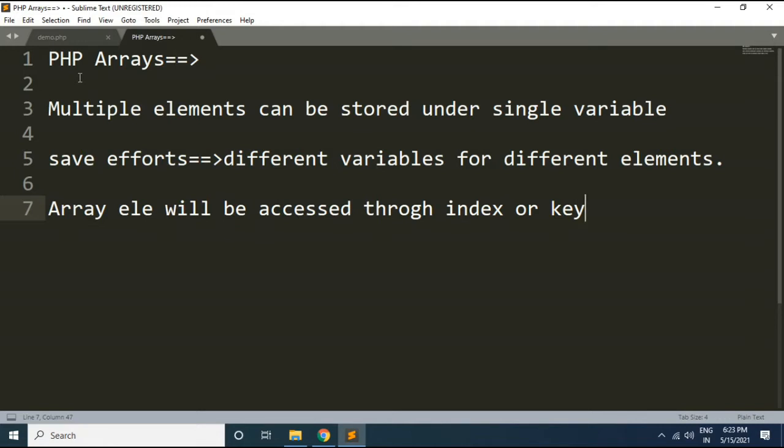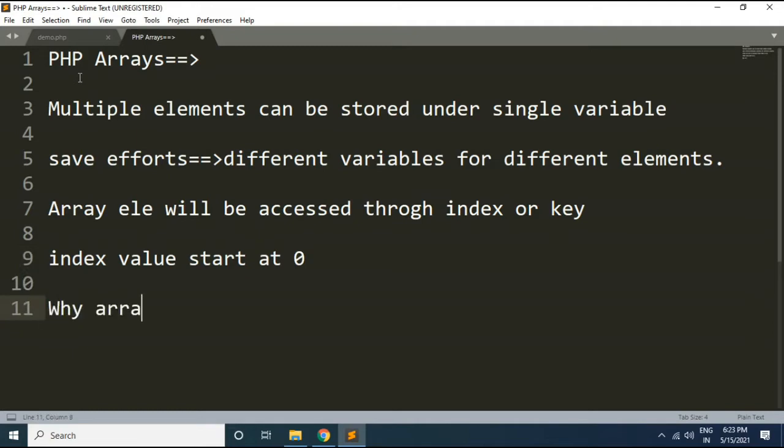All array elements are stored with an index value. The index value starts at 0.